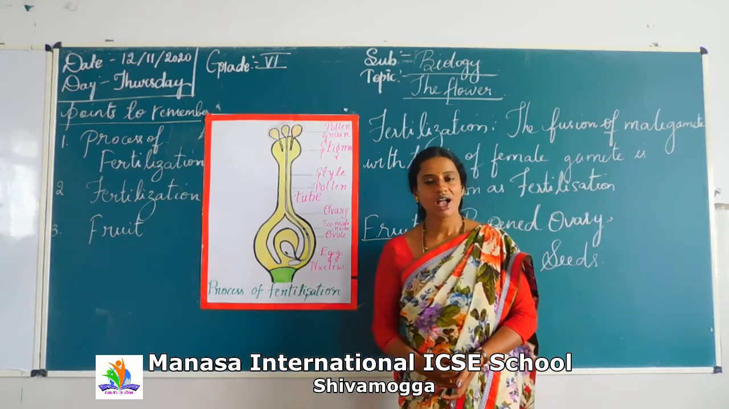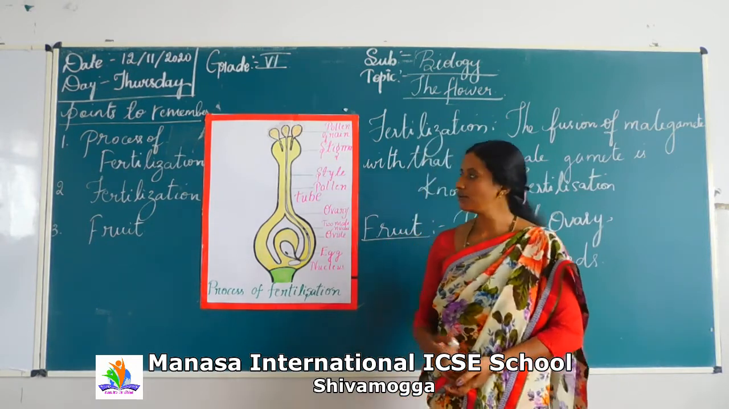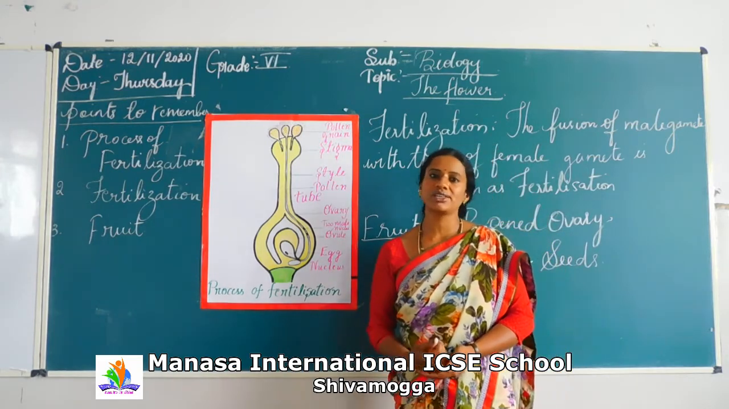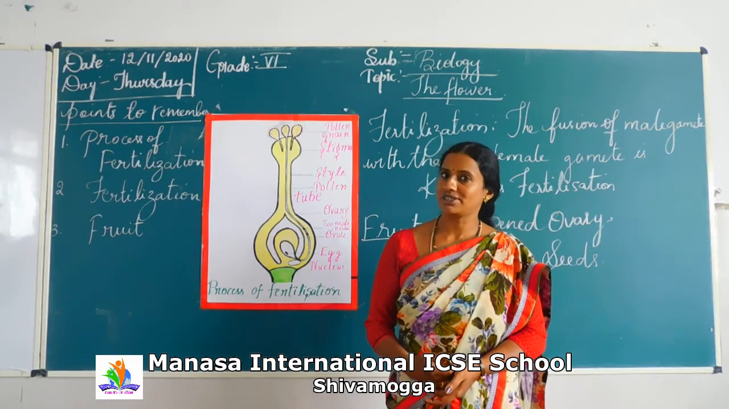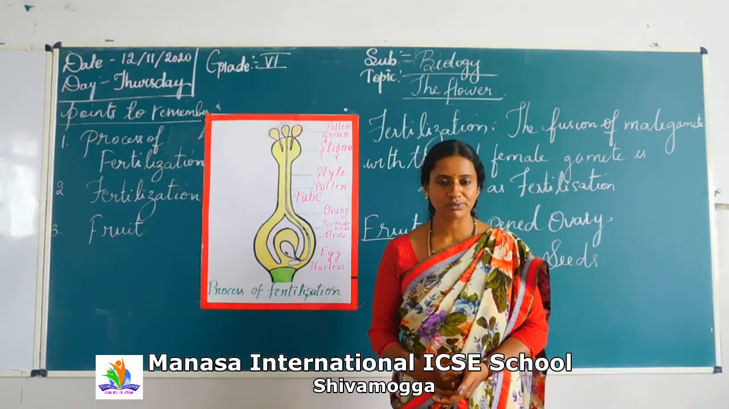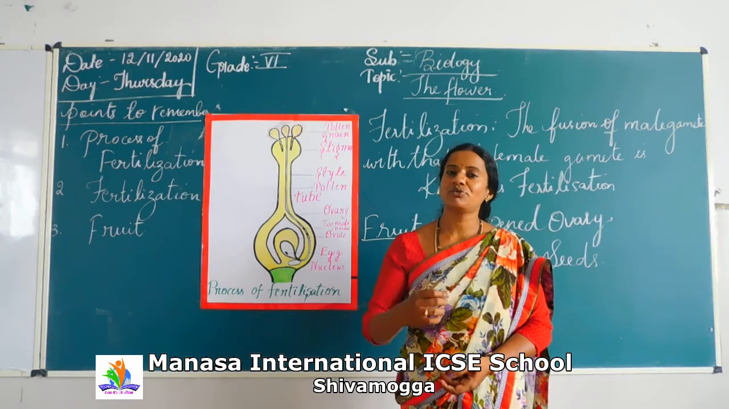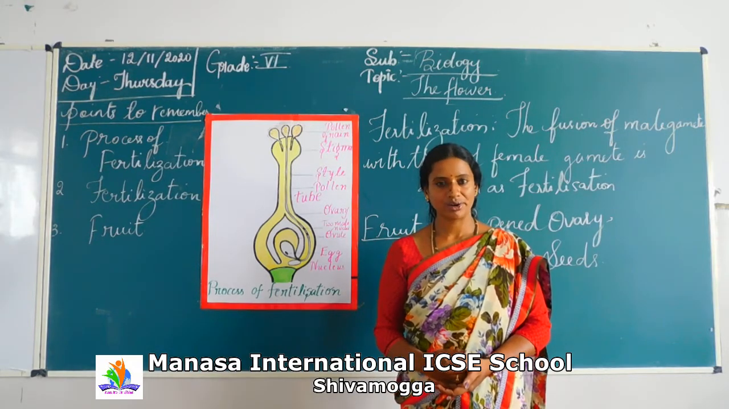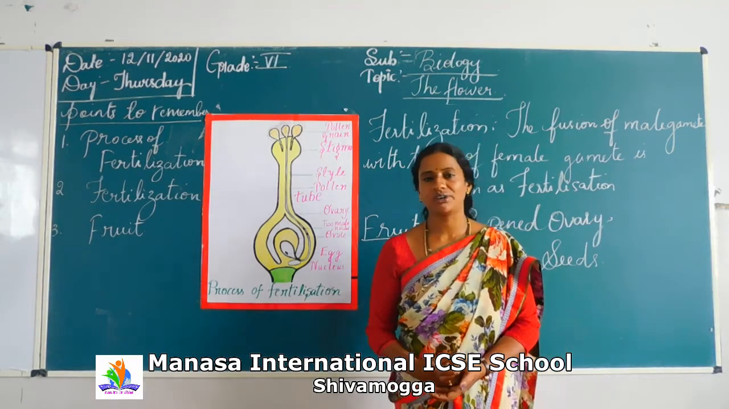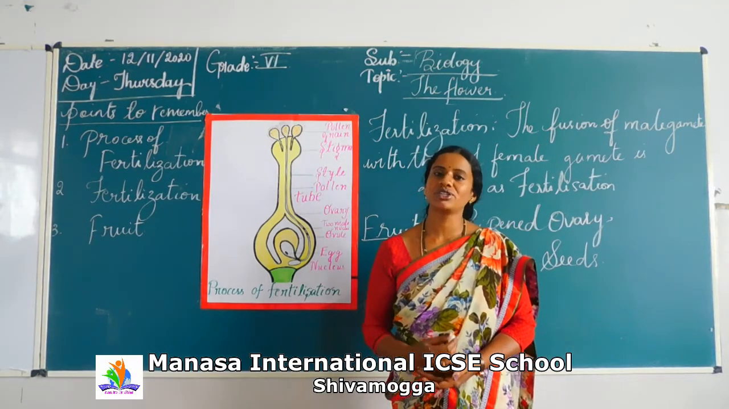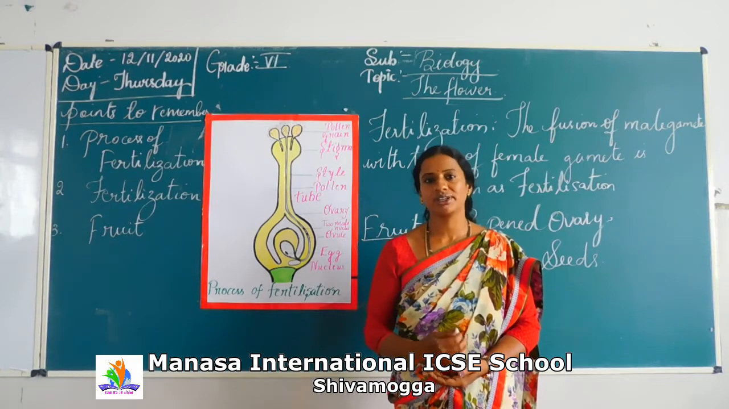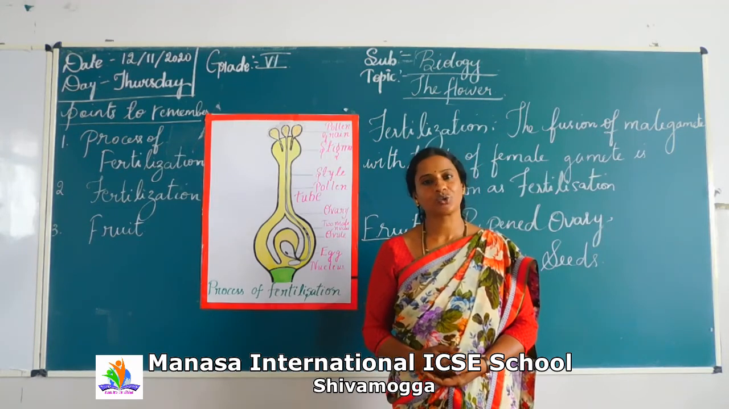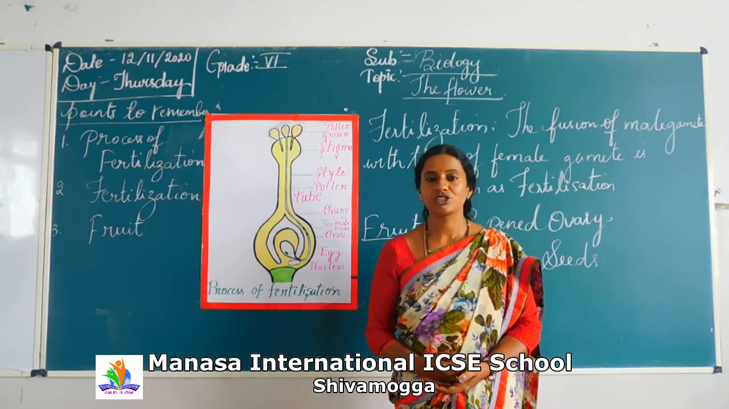So dear students, I hope you have understood the complete process of fertilization, how fertilization takes place in bisexual flowers. Bisexual flowers means both male and female reproductive parts are found in the same flower. I repeat, what are bisexual flowers? The flowers which contain both gametes or both reproductive structures in a single flower are known as bisexual. It is also called as